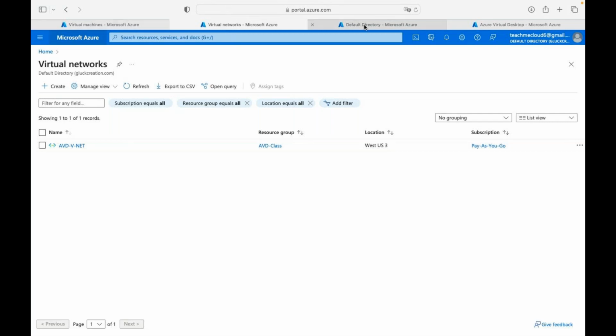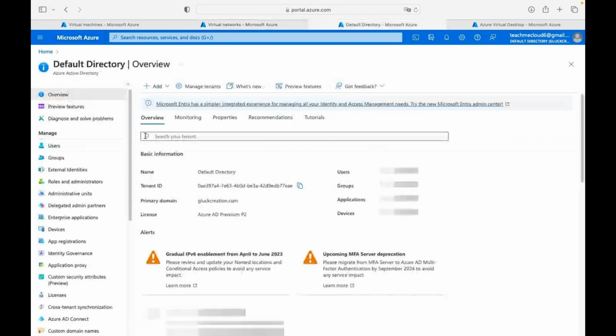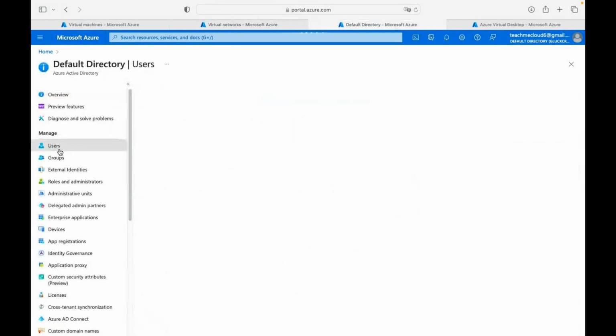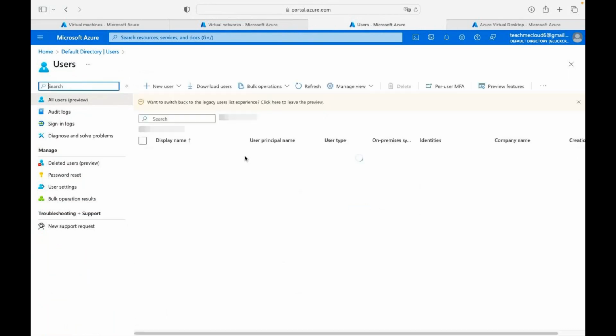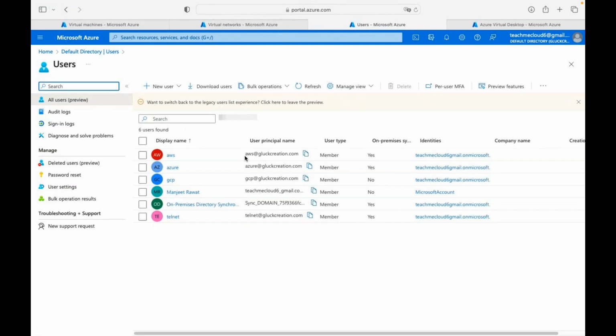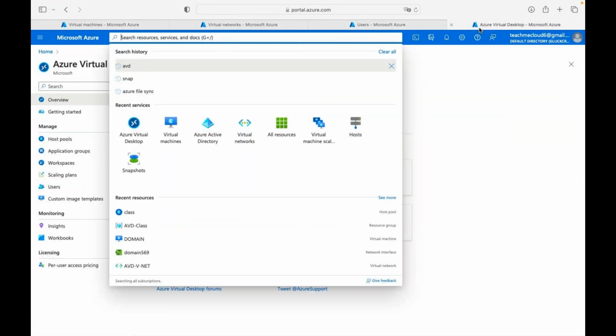Step second, step third. What I did, I synchronized the users. I synchronized the entire set of users that were created in our Azure Virtual Machines domain controller. See, AWS synchronized user, Azure synchronized user, Telnet synchronized user, right? So I synchronized my domain controller with Azure Active Directory, and the last option, this is AVD